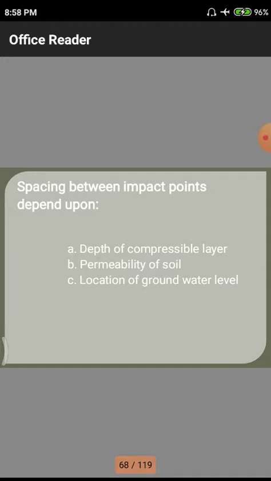Next one, the location of the groundwater level. That means before doing any project on a particular land, we need to have some data related to this groundwater level. Whenever we dig a bore in the particular soil, we have to consider these conditions. There will definitely be an impact on the groundwater level, because if the groundwater level is very near to the surface, automatically the soil strata will be disturbed due to the flowing of this groundwater near the structure. If the groundwater is very far from the structure, there is no problem for us, because the groundwater is very far down.